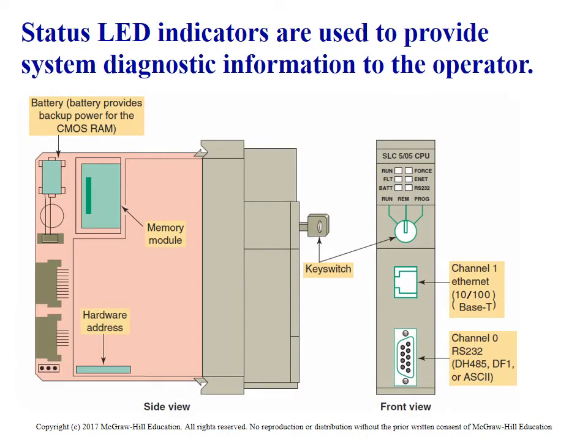Here's a good picture of a processor. This particular one actually has a serial port on the face of it and an Ethernet port. Typically, you're only going to see the Ethernet ports on the CPU anymore. It does have a key that switches between run, remote run, and program mode. This is something we'll be getting more and more in depth with in the future, but run mode is the only mode where the PLC will just run the program. In remote mode, the PLC can run the program and be remotely programmed. And in program mode, the PLC can only be programmed. You can't run your program in program mode. So just a couple of points there that I wanted to share.